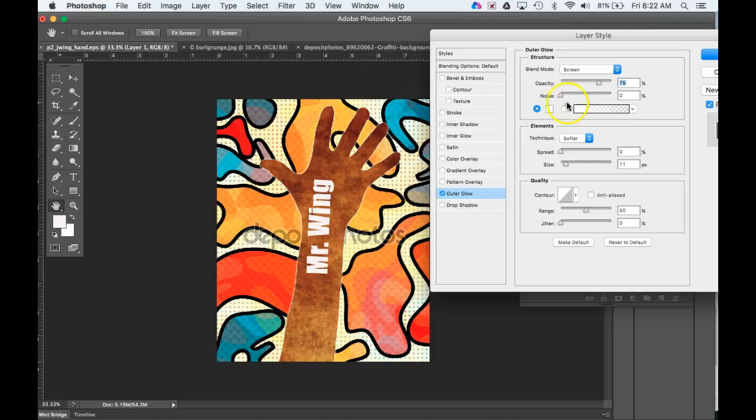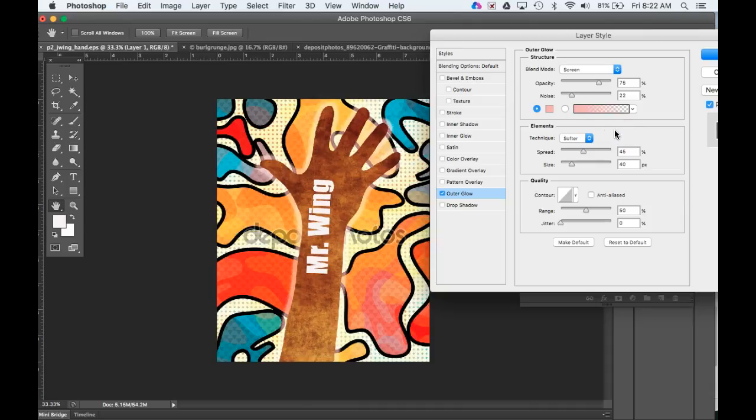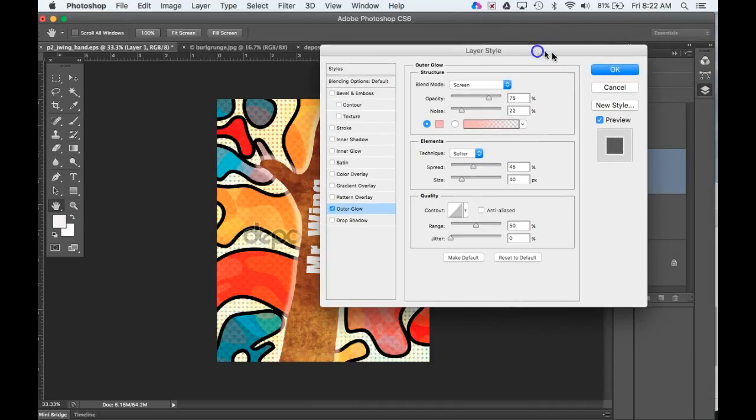You can make it larger by clicking on Noise and dragging this little bar over. That makes it more sort of fuzzy. The spread makes it larger. You can see it getting bigger. And then the size also makes it bigger. So play around with some of these controls. You can also change the color of it right here by clicking on this little white box and then again just choosing a color. And it'll show you a preview over here. Then click OK